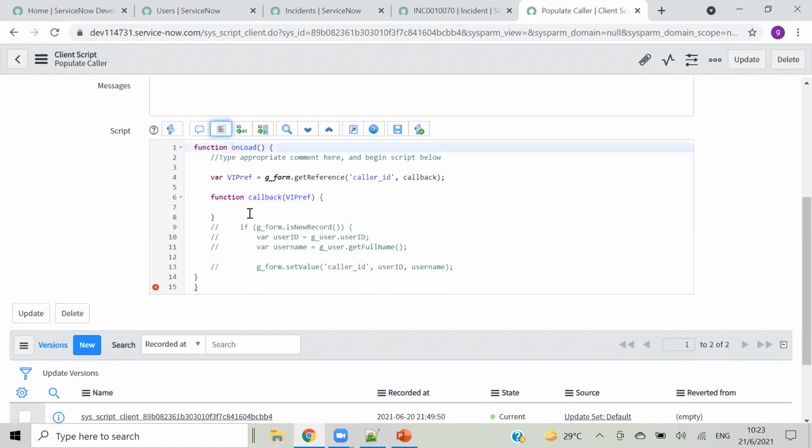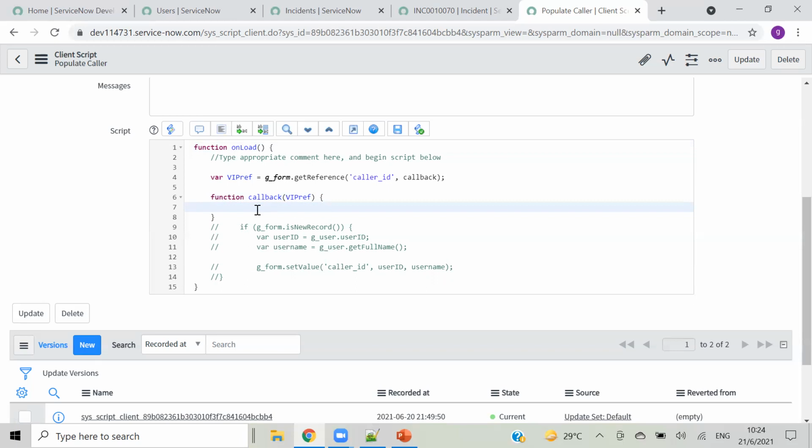Okay, I have to comment this one also. Not this one. Sorry, this one. Yes. So I have an open bracket here, closed here. Inside this, I can access VIP ref, and I can access anything from here. So just let me try.